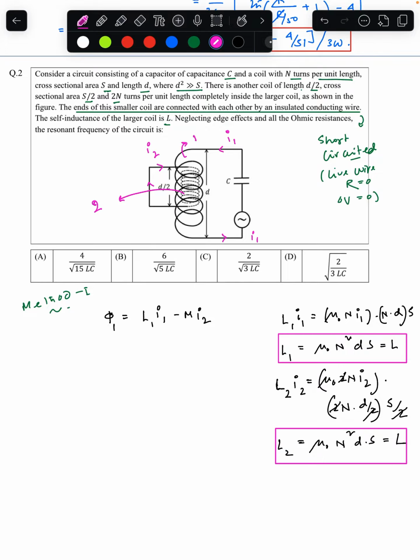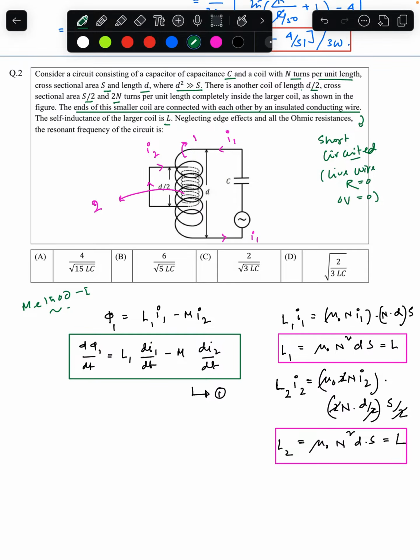So hold on for some time over here. Now phi 1 is equal to this much we got. So if I differentiate this, I can write d phi 1 dt is equal to L1 di1 dt minus M di2 dt. So I will take this as equation number 1. This is my equation number 1 for loop 1, for the bigger one. If I apply the same logic for the smaller one, for phi 2 we can write L2 I2 minus